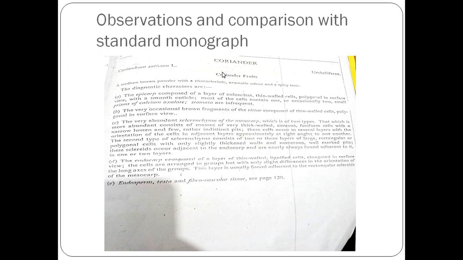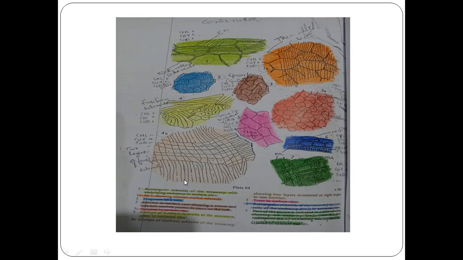So this is the standard monograph which is taken from the Atlas of Microscopy. This basically defines the main features that you are going to identify, and the second part of the monograph consists of pictorial views, a diagrammatic representation of each of the characters given, and below it the description has been given. That is number 1, which has been made in yellow color. What is this? Its detail is given below.